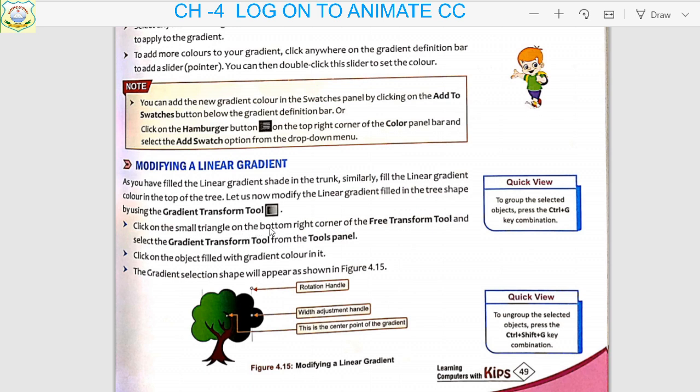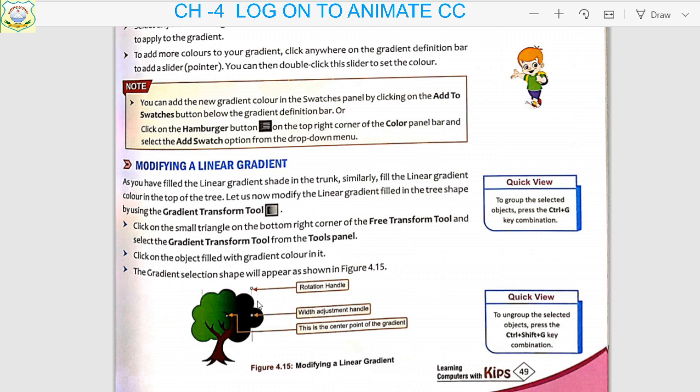Children, I am unable to show it right now, but these things I will cover again in the practical session. Select the gradient transform tool from the tools panel. Why are we choosing it? Because we have to modify the linear gradient which we have filled in our object, in the tree.